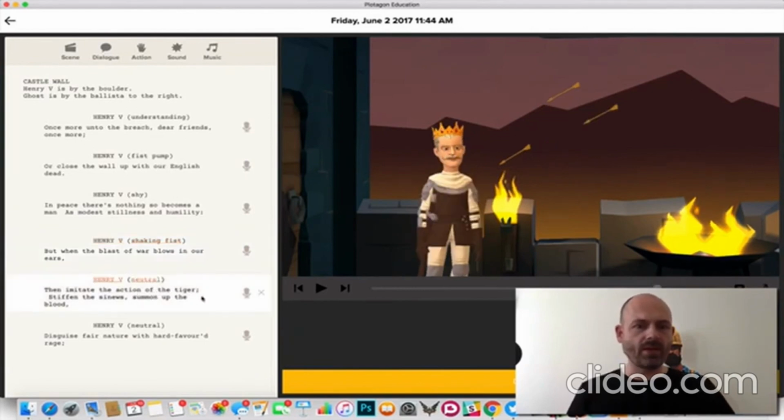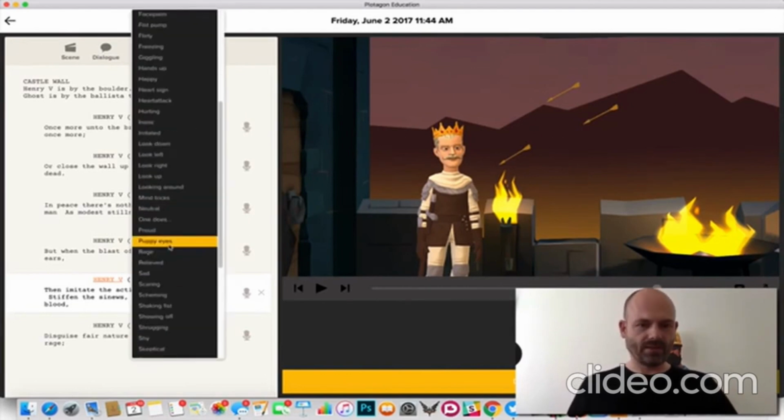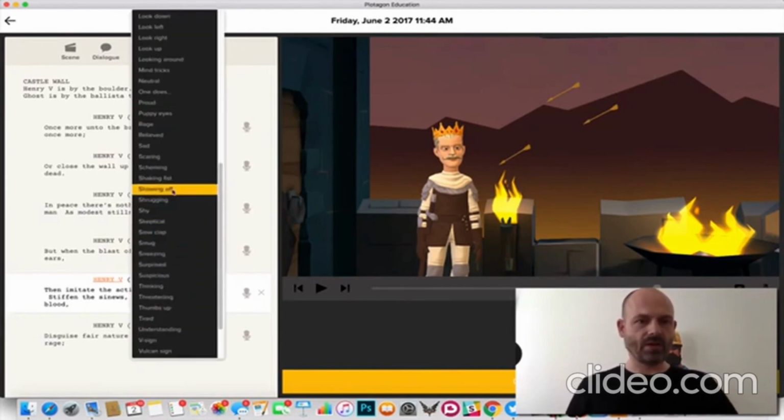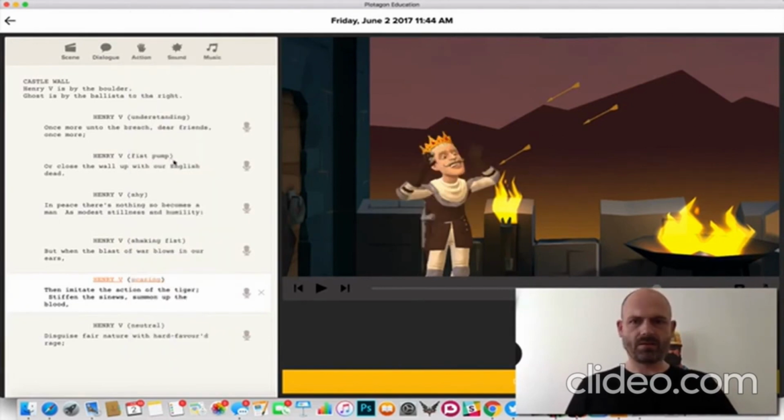Then imitate the action of the tiger, stiffen the sinews, summon up the blood. Yeah, has to be the scaring. That's like imitate the action of the tiger.